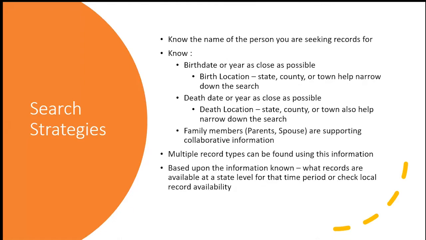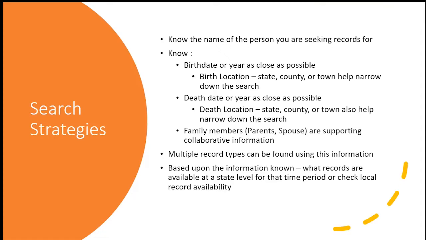As you search vital records, a couple of keys. Know the name of the person you are seeking records for. And remember, when I say name, you may want to keep in mind their proper name, I use the term legal name, and they may have gone by an alias, meaning their first name, like mine is Al, for example, Alfred, Al. They might have used Al for certain records versus Alfred. But on the documents here, you'll see that they were their full first names.